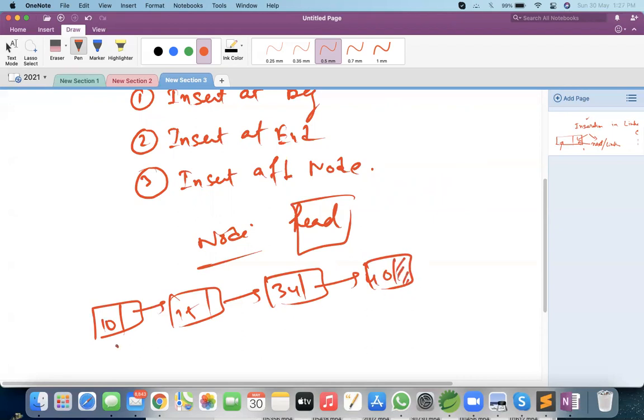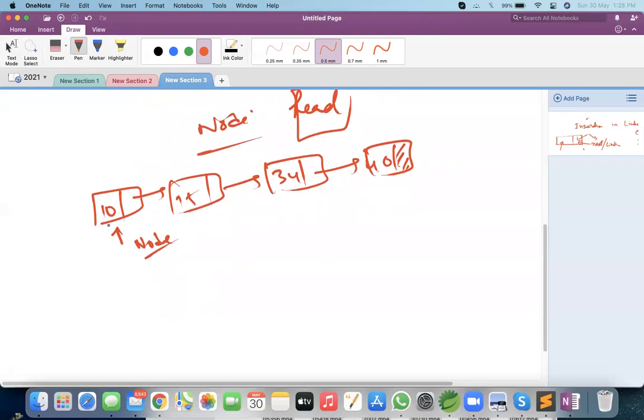This is your first node, so we need some pointer which will point to the first node. If we can reach up to here, we can easily go up to the last. So let us take it as head. This is a pointer of type Node which will point to the first node in our linked list.